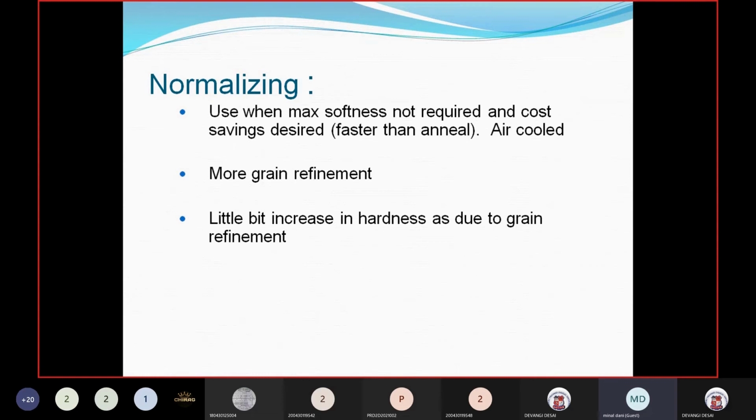तो normalizing कोई बड़ी बात नहीं है. You have to heat above austenizing temperature range, hold for certain time, that is 1 inch for 1 hour, and then do air cooling. That's it. That is the basic normalizing treatment. So annealing के compare में you are getting refined grain with a little bit of strength and hardness improvement. Okay, next slide, madam.